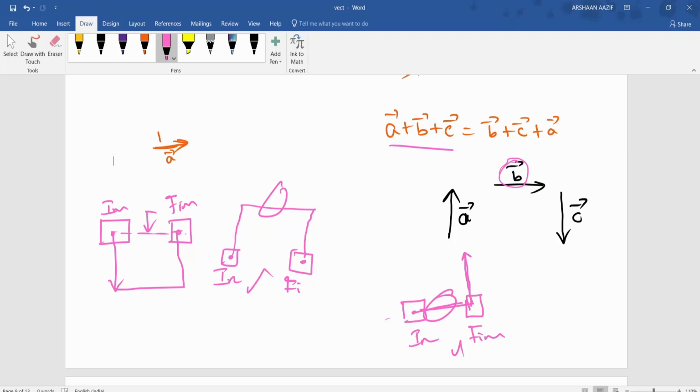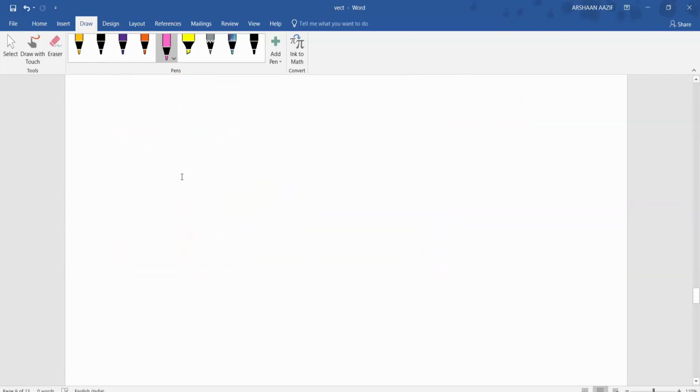So you can have any order because we care about the initial and the final position. Now how to find the vector? For example, again, let me have a condition. We have